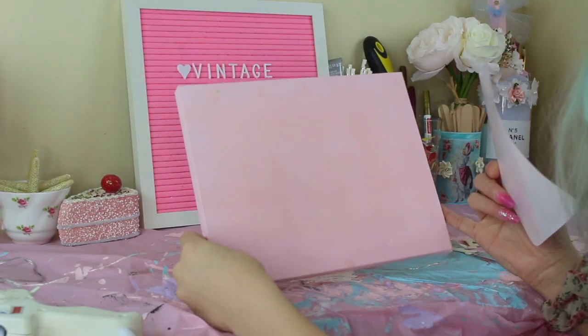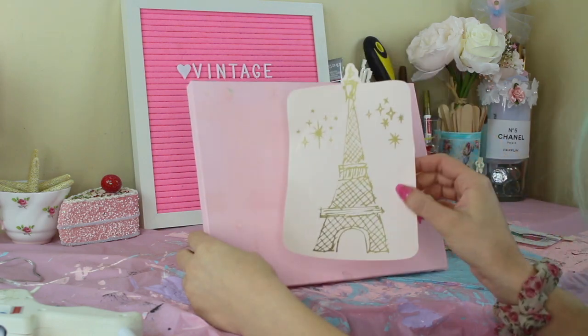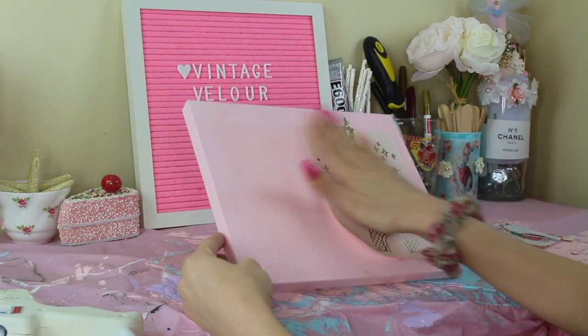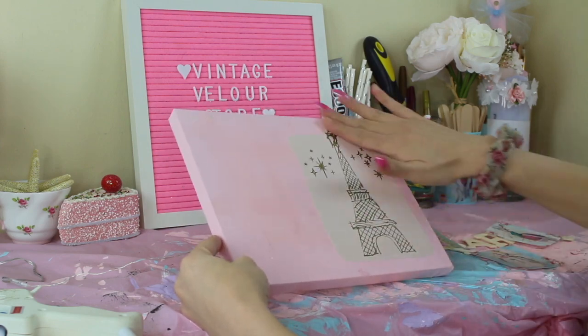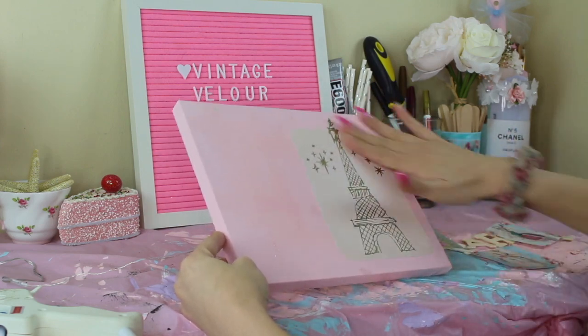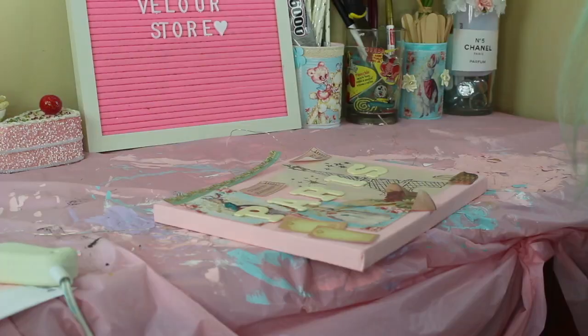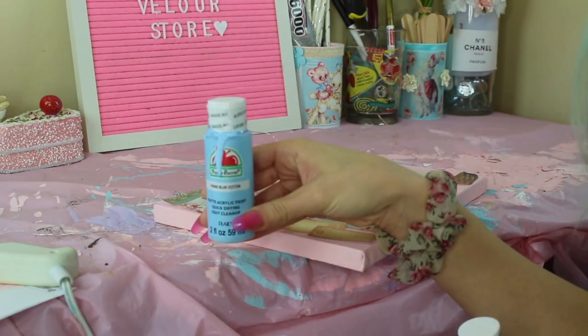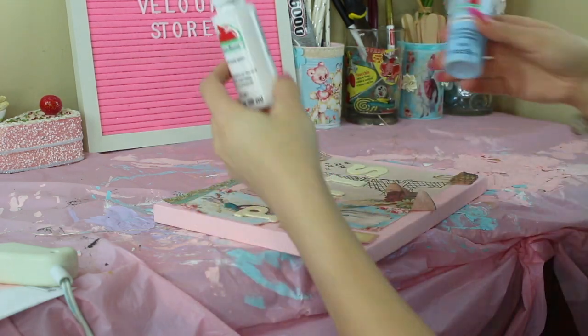For project number 4, I just went ahead and painted this canvas from the Dollar Tree, and I painted it a pretty pastel pink. And I'm taking this wall sticker that I found also at Dollar Tree, and it's the Eiffel Tower, and I just stuck that on. And then I printed out a bunch of different images off of Pinterest,